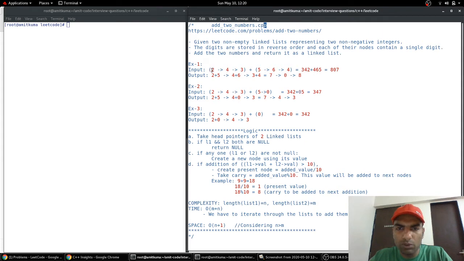If we have to add 243 with 564, it will be 2 plus 5, that is adding the first node of the linked list. Then we add the second node, that is 4 plus 6. When we add 4 plus 6, we have 10. So in case of 10, we will have a carry, because if we add these two reverse numbers, we will get 807, and here in the middle we have 0 and 1 carry is added